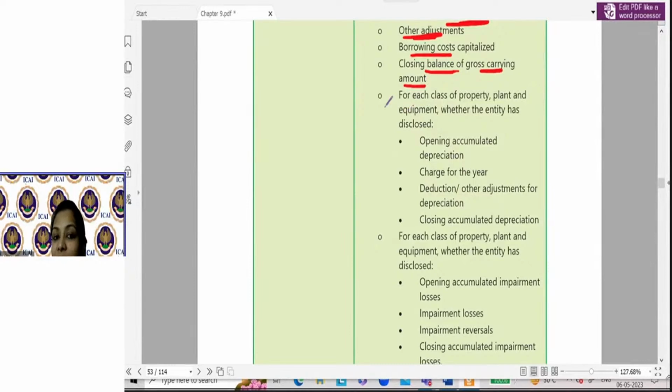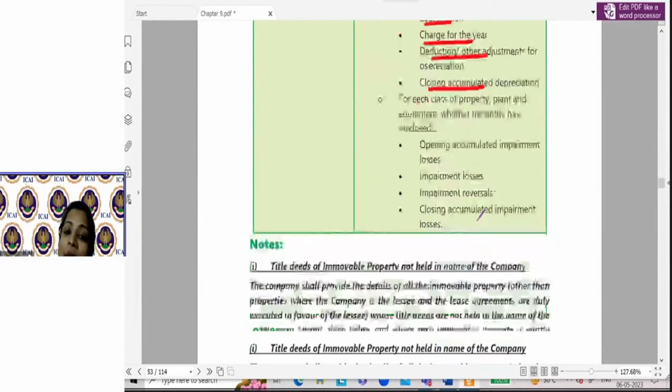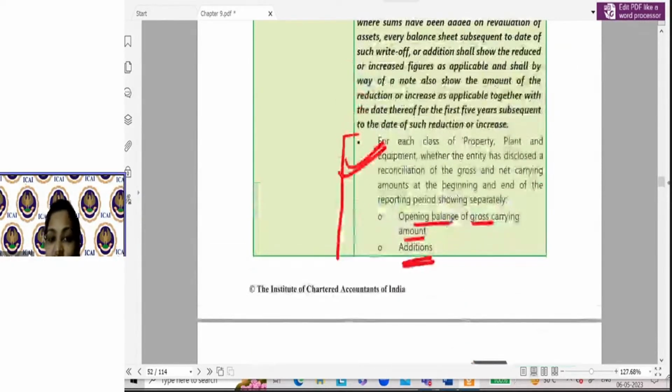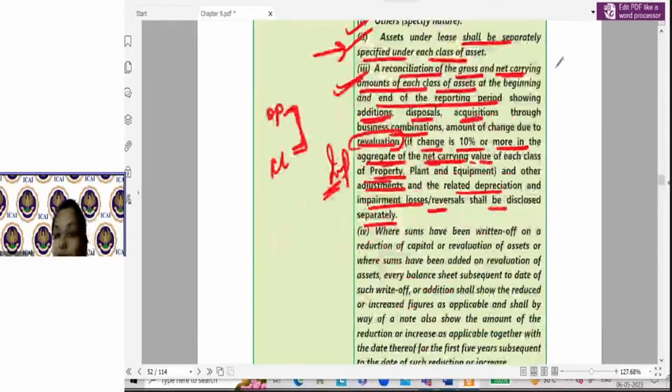amount, and again with respect to each class of PPE, ओपनिंग accumulated depreciation क्या था, चार्ज फॉर द ईयर क्या था, डिडक्शन क्या था, या क्लोजिंग क्या है. And again with respect to each class of PPE, accumulated impairment का ओपनिंग क्या था, impairment losses क्या है, रिवर्सल्स क्या है, क्लोजिंग क्या है, that will be shown. ठीक है. So this part which is not highlighted is basically explaining as to how this reconciliation will